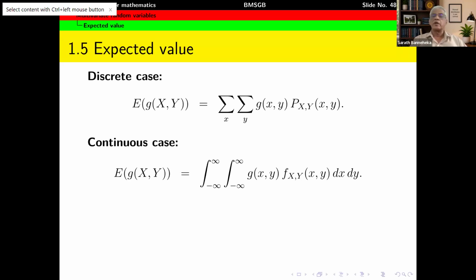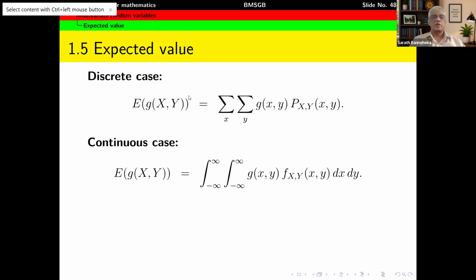So here, therefore, we define first of all the expected value of some function of x and y. Suppose the function is g. So expected value of g of x and y. So x and y are both random variables. Therefore, g of xy is also a random variable. If you go back and look at your notes, you will see that this is a direct extension of the univariate case. In the univariate case, if you're considering expected value of g of x, you have only a single summation of g of x times the probability mass function of x. That product has to be added